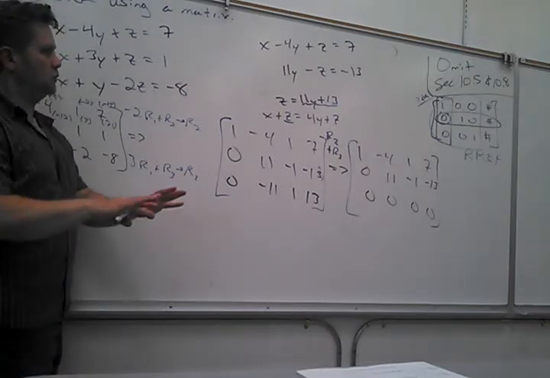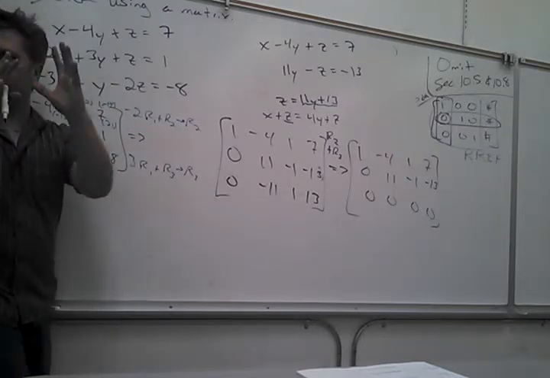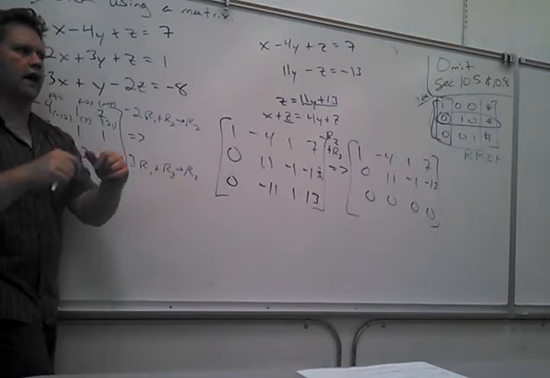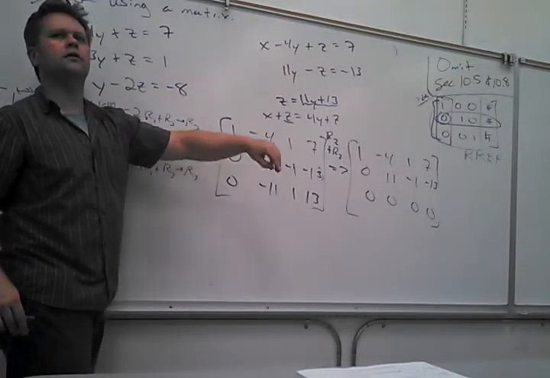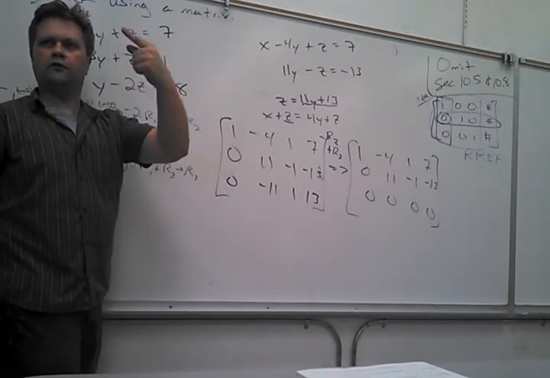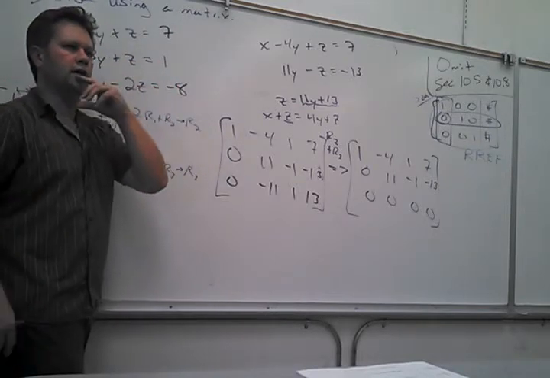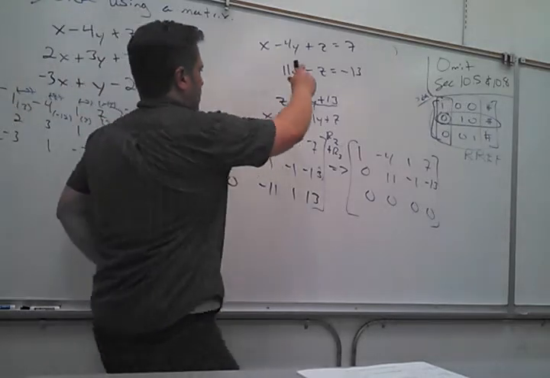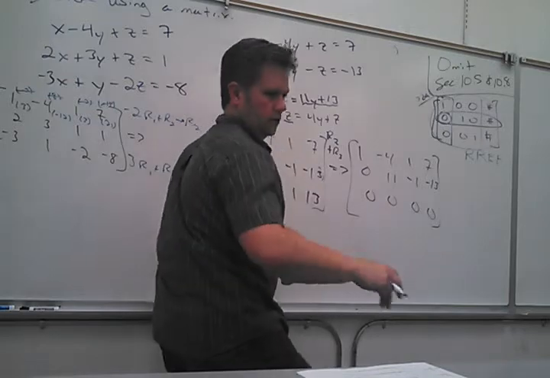I'm trying to get everything in terms of y, because then y can be my t. I don't know if you guys remember, if you can't get a single answer, you get a row of zeros. That means that one of your variables is going to be a parameter, and everything else is built off of that. We talked about that last time. So here I get,